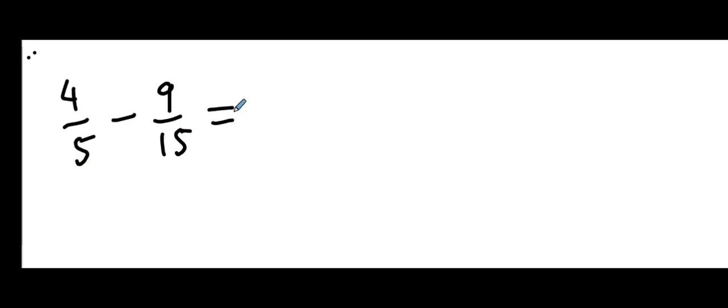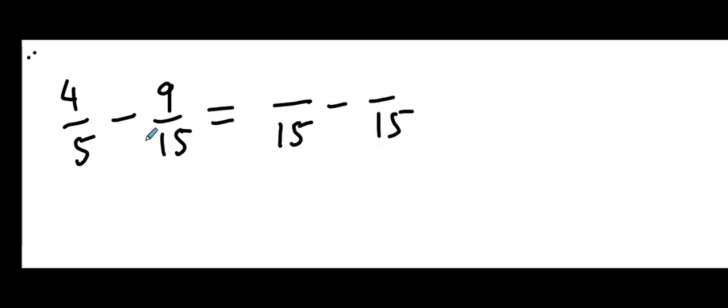Okay, so this time then, let's go and take 4 over 5, and let's take away 9 over 15. Okay. So, as we can see, our denominators are non-equivalent, so we need to find the lowest common multiple, and we know it's 15 because the multiples of 5 are 5, 10, and 15, and the multiples of 15 are 15, so the lowest common multiple between 5 and 15 is actually 15. So let's put them both over 15,